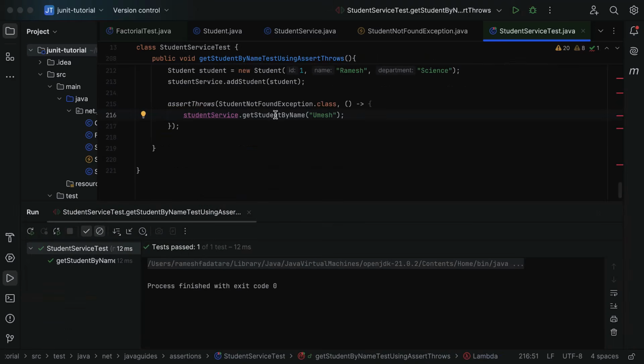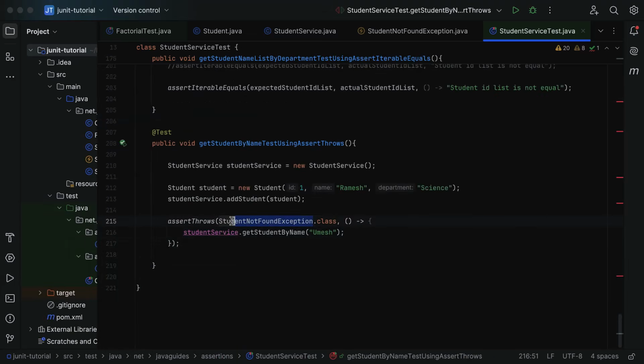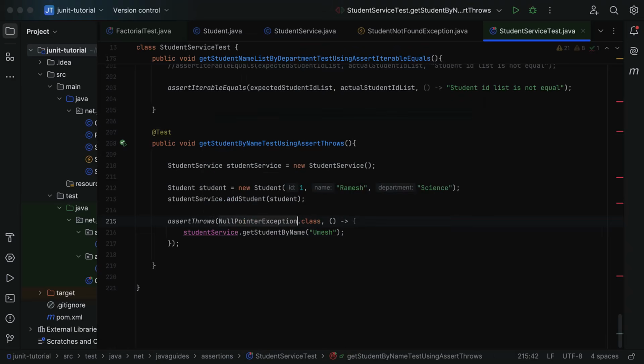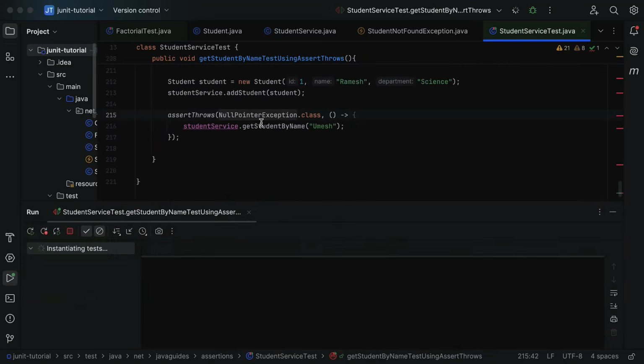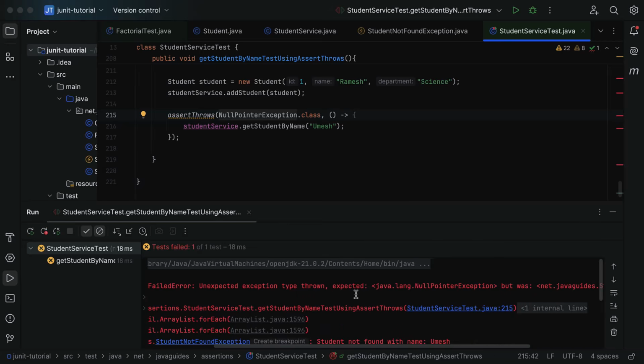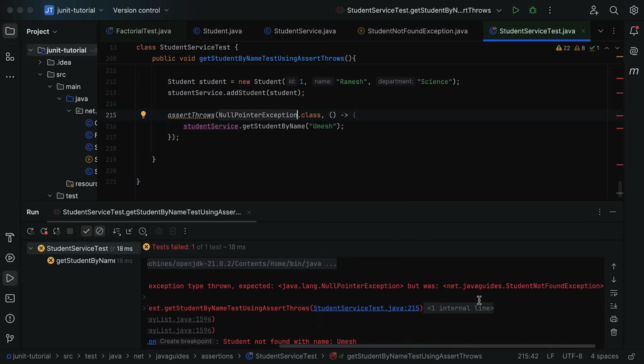It means this get student by name throws the correct type of exception, that is student not found exception. So this is how we can use assert throws method to verify that the method throws the correct type of exception. Okay, next, if I pass a different type of exception over here, let us say null pointer exception, and if I run the test case, this should fail because unexpected exception type thrown, expected null pointer but was student